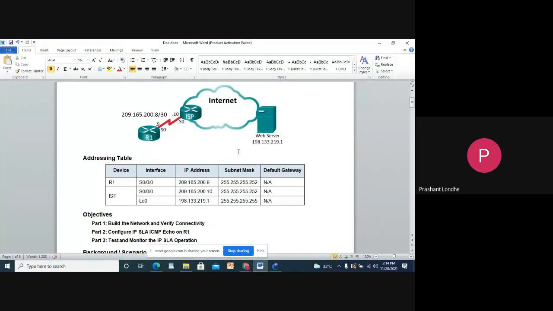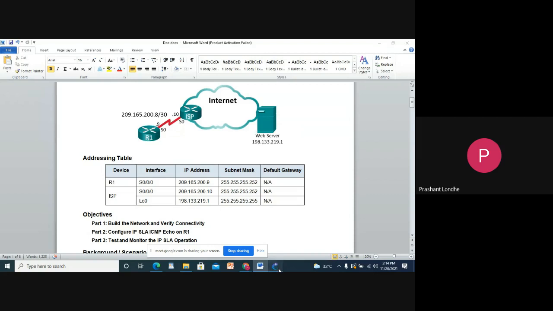Now what is this IP SLA? IP SLA stands for Internet Protocol Service Level Agreement. It is an active computer network measurement technology developed by Cisco Systems. IP SLA is used to track network performance like latency, ping response, and jitter. If you want to know whether your packets have been received, or if you have any error in connectivity, you can find that with the help of IP SLA. So you need to configure this SLA.